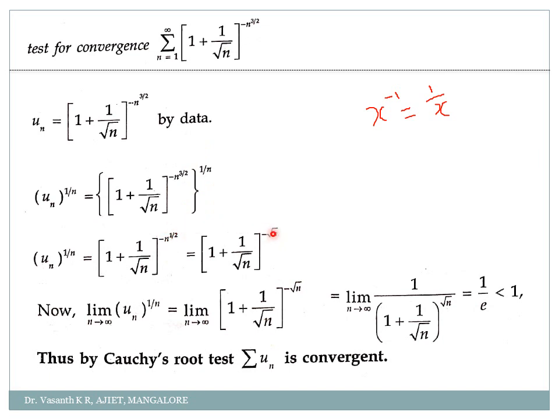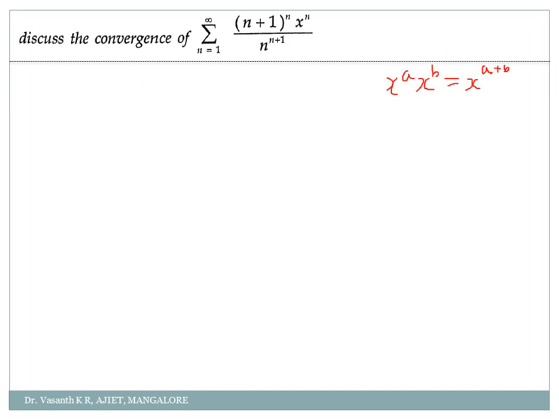So I'll just recall it once again. I had minus n to the power 3 by 2, I am raising it to the power 1 by n. So when you divide by n here, n to the power 1 it will become. When it goes to numerator, it will become n to the power minus 1. So 3 by 2 minus 1 is 1 by 2. This n to the power 1 by 2, I have written as root n. So x to the power minus 1 is 1 by x. So take this term as x to the power minus some.